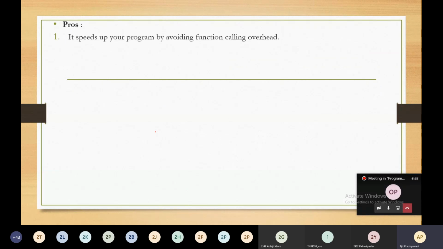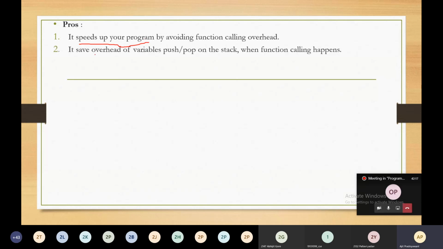So some of the advantages are it speeds up your program by avoiding function calling overhead. Automatically your program will increase the speed of its execution.